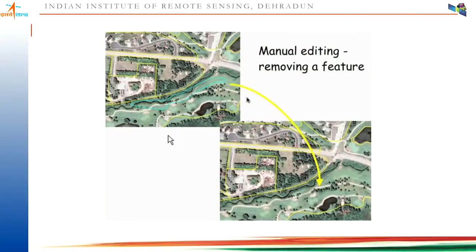One simple way is, for an error feature, you just delete it. So this one we have deleted. We are not able to reference it, so we just deleted it, and if required we can digitize further. So that is one way of manual editing. Digitization is done. Once features are already there, the second process is called editing. Editing is mostly done to correct it. First you digitize the road, then if you want to add further details, you call it editing. While editing, one thing is to select this feature and delete it. So in the output you don't have this feature, and one error is removed.